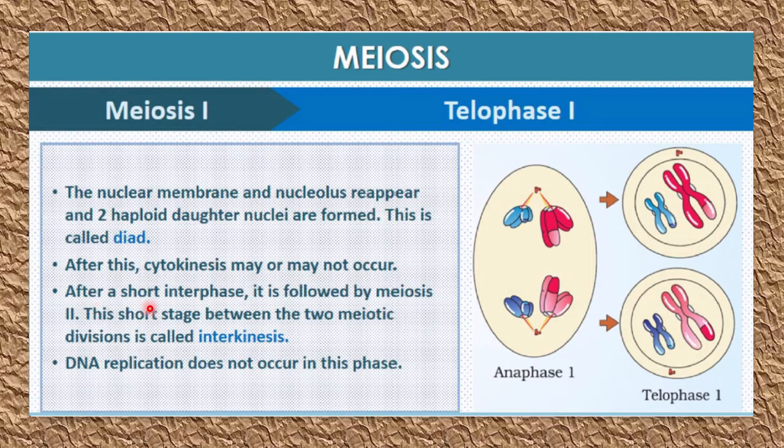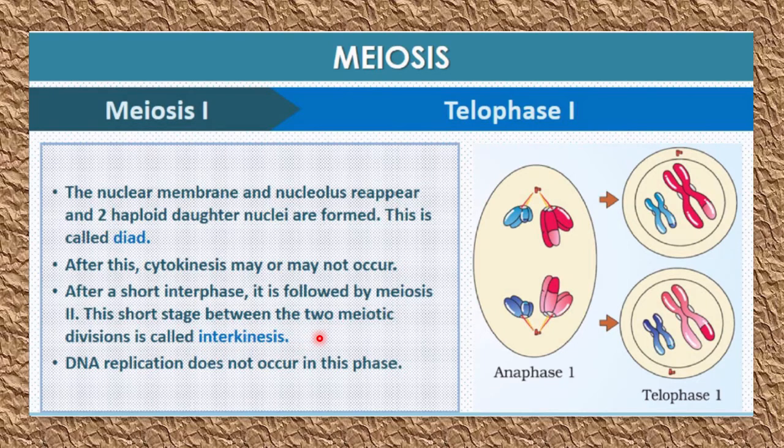And after that comes a short interphase. Why is it written as short interphase? In between meiosis 1 and meiosis 2, there is a gap, and that is called short interphase. It is called short interphase because during interphase generally the G1 phase, S phase and G2 phase, these three stages together are called interphase. But here the interphase is totally different. How is it different? Because here you will not observe the S phase. So DNA replication does not occur in this phase. So this is the difference. The short interphase will be followed by meiosis 2. This is a stage between the two meiotic divisions, meiosis 1 and meiosis 2,